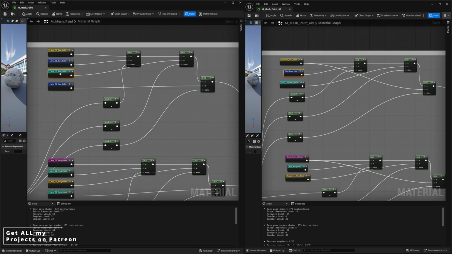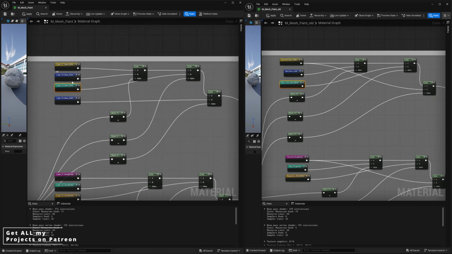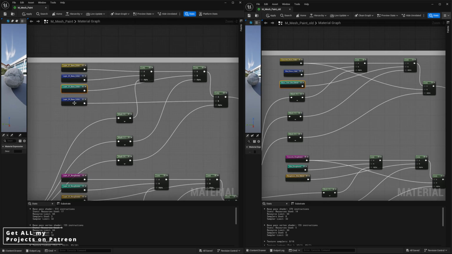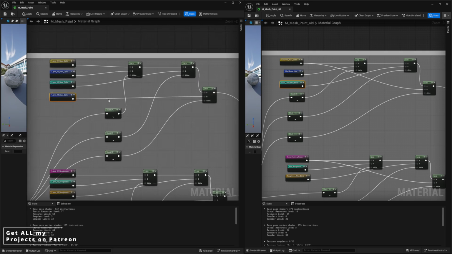And layer 3 is what we used to have as the blend between the concrete and the mud. So this is the third layer that is effectively a blend between the first two layers. But it could be the blend between any of the layers that you want, really, if you change it. Now, what's important in the new shader here to consider is that the B channel now controls where layer 4